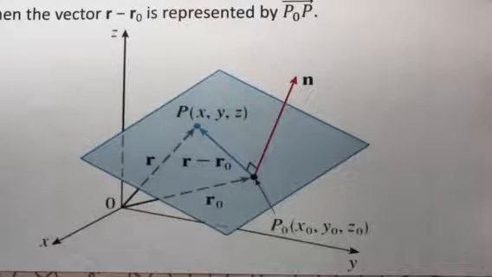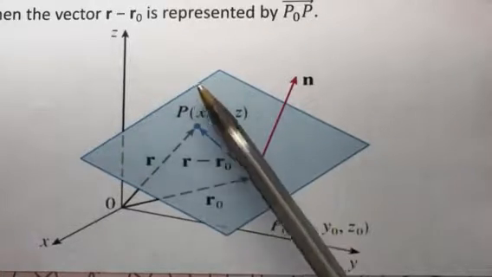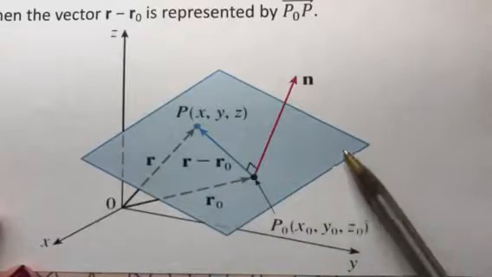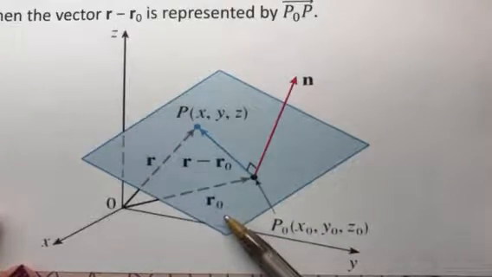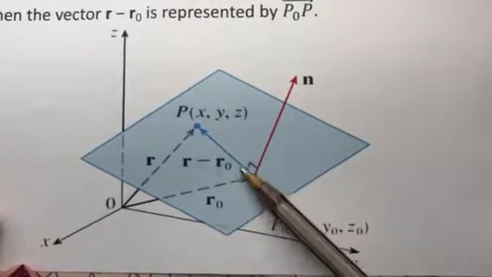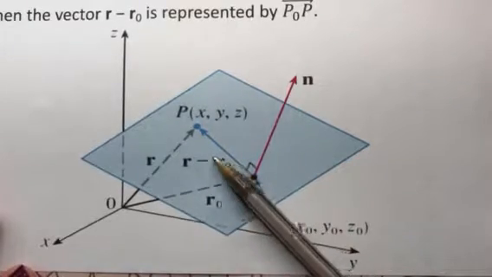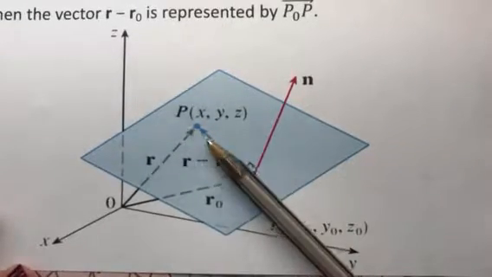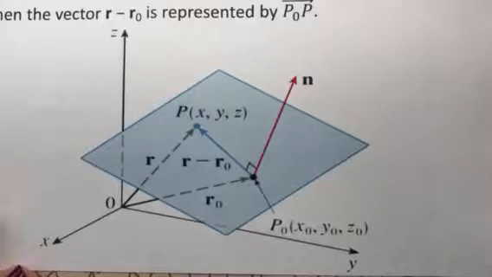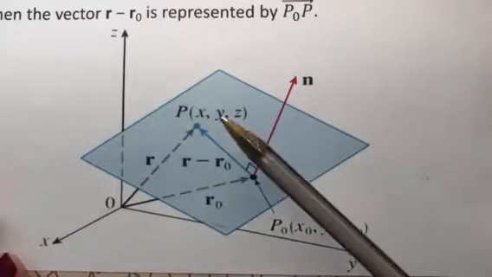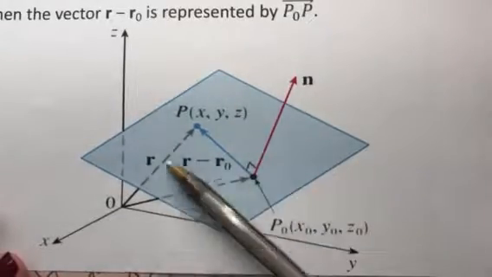Okay, so in the last section, we did lines. And we figured out that in order to represent a line, all we needed was a point and a direction. So now I need to figure out, how do I write the equation of a plane in space? Now, if I just had a vector parallel to the plane, that doesn't help me convey what direction this plane's going. So one of the things we're going to be using is we're going to be looking at a plane,